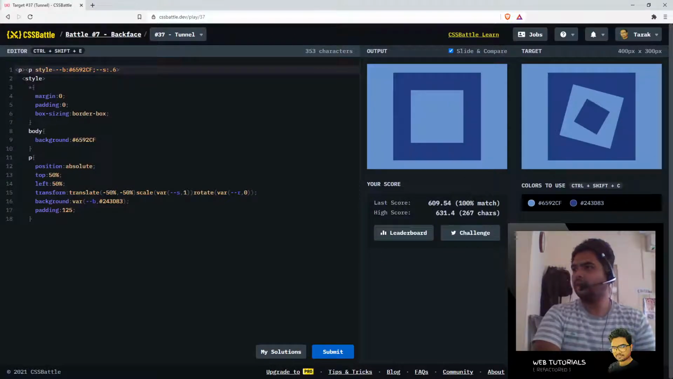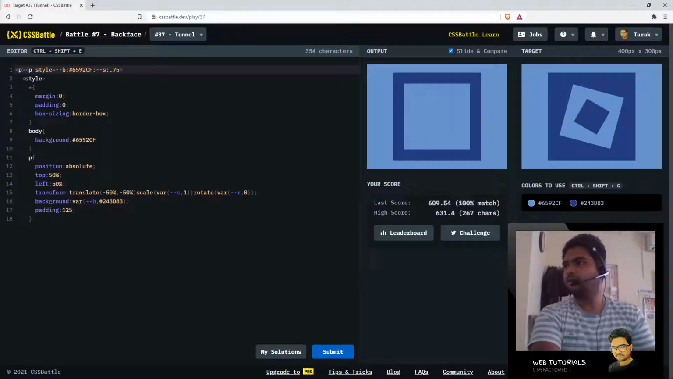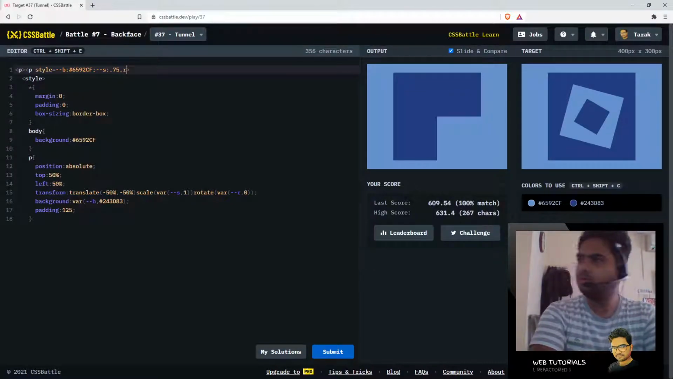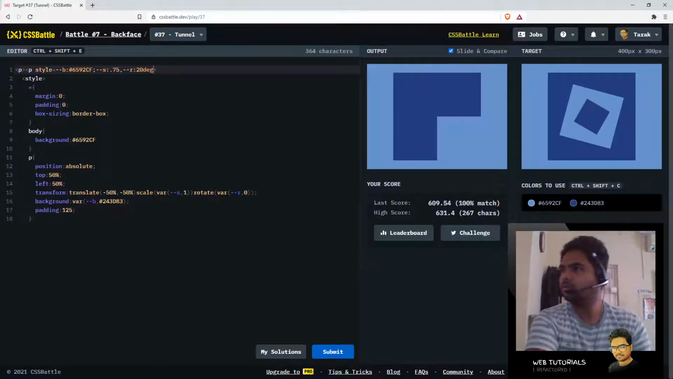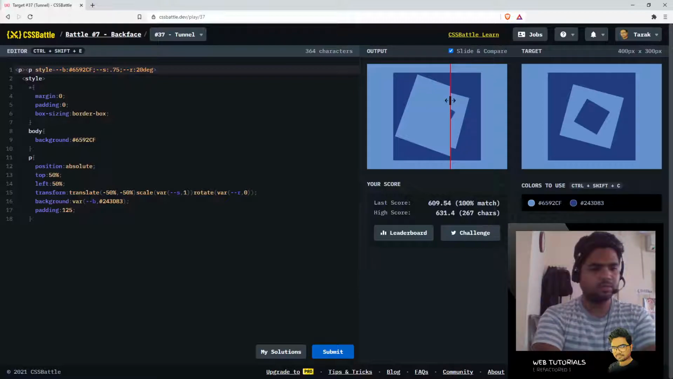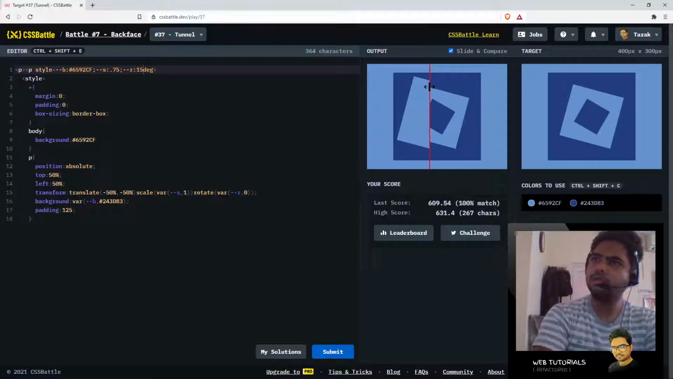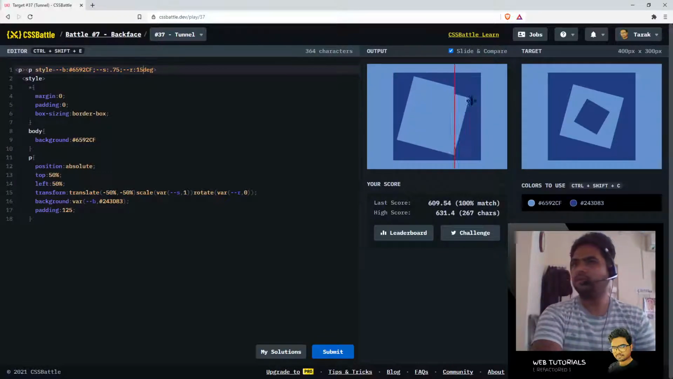Style I think should be 0.75. Let's see, and let's rotate it, so we have double dash r to be 20 degrees. This is not comma, this is going to be colon. It's rotated too much. 15 degrees. 15-degree rotation is right, but the scaling, I think,